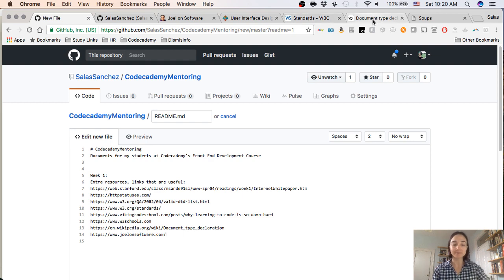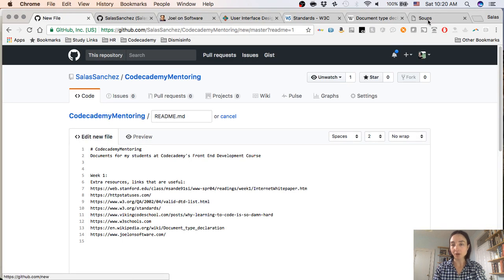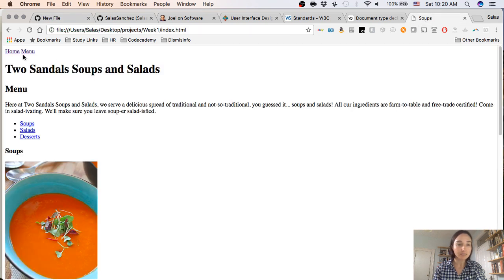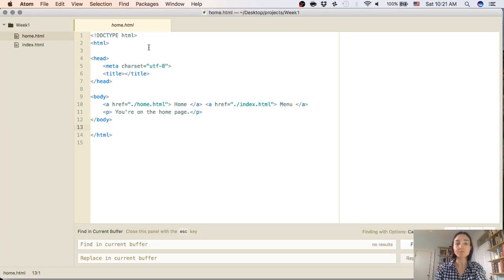We have the doc type. Let's go back to the basic example. This is the home HTML file that I'm showing you here. It's super basic. It basically has no content, or very little content. Basically, a very plain HTML page. Okay, all it says is you're on the home page. Very informative. Anyway, so this is the file that we are seeing in that browser page that I just showed you. It has the doc type HTML